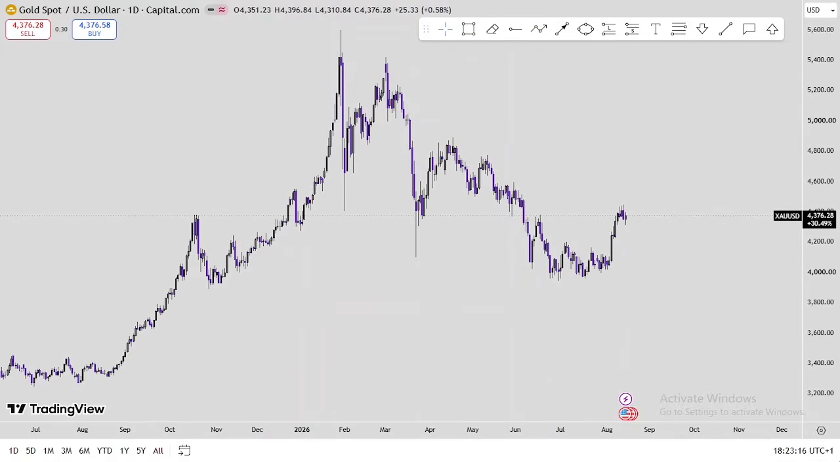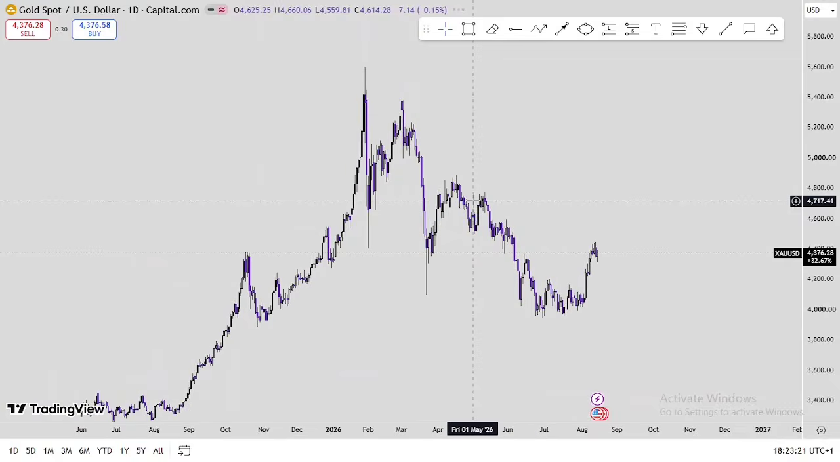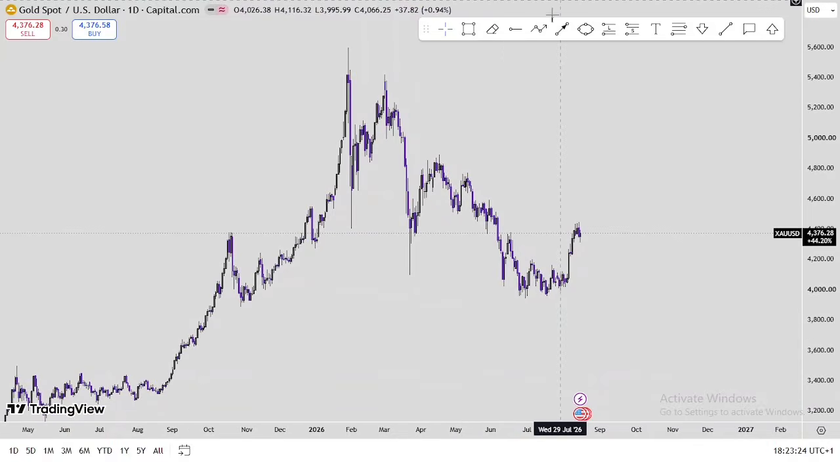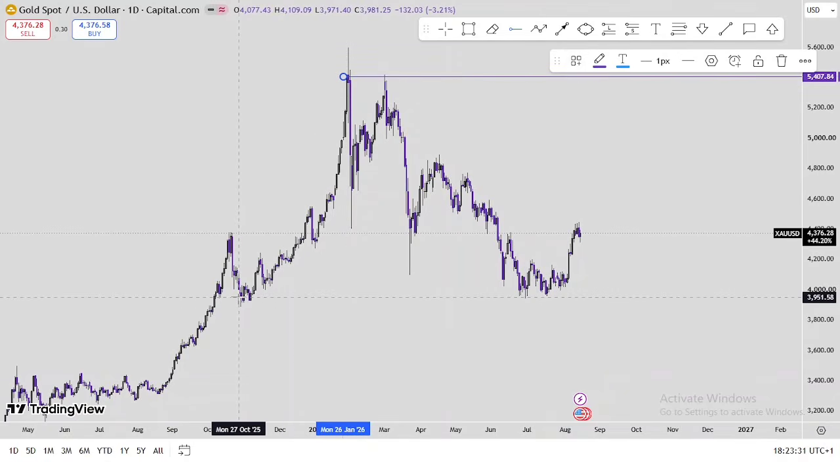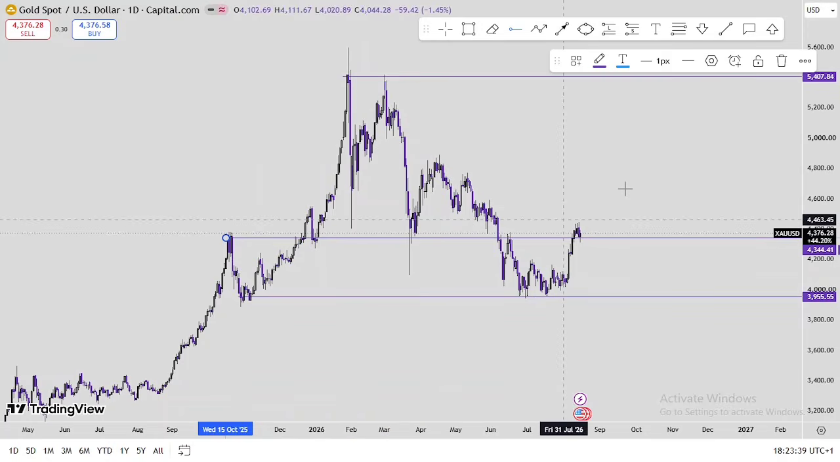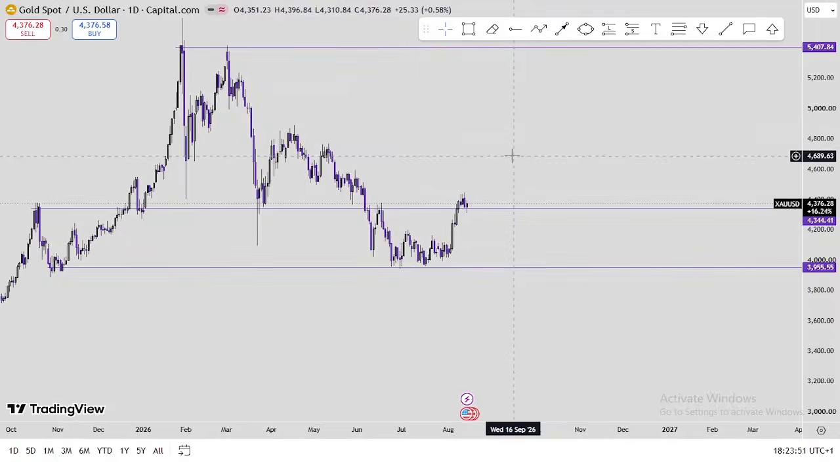And then gold spots. We have this high here on the daily, and then we have this major high low here and this high here. So we are seeing that price has broken this area here, and we could see a couple of things. Right now I'm seeing